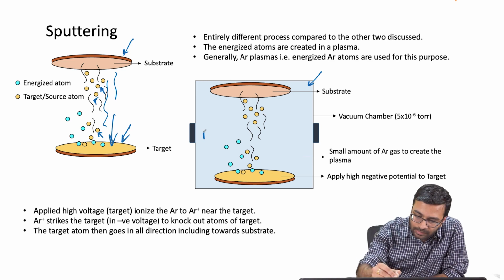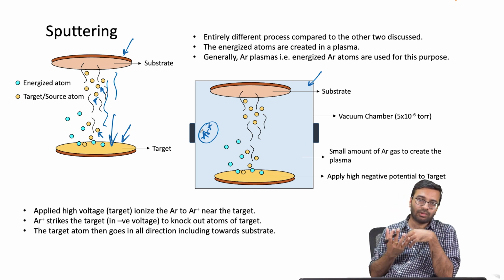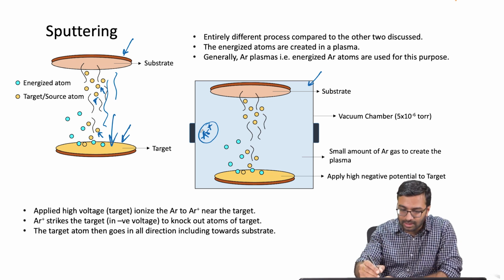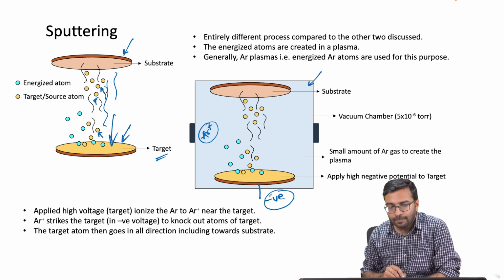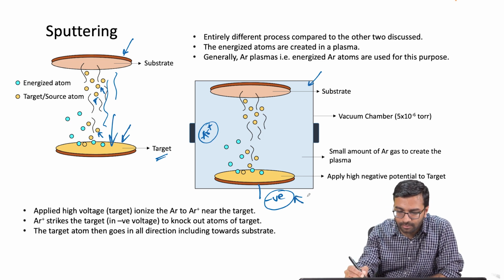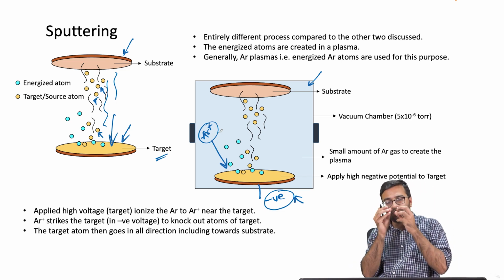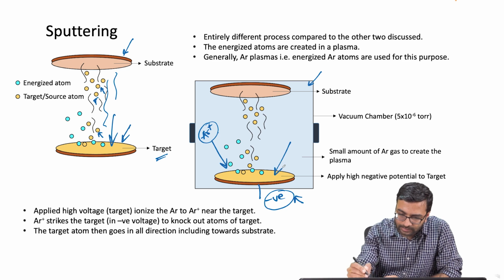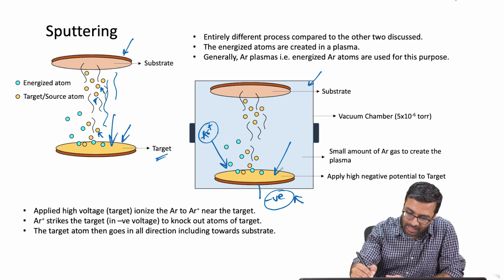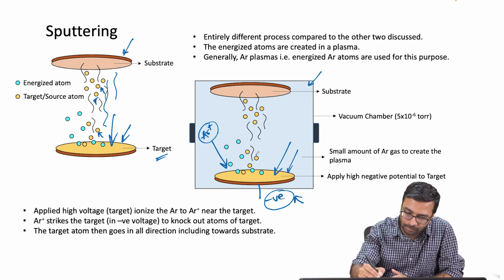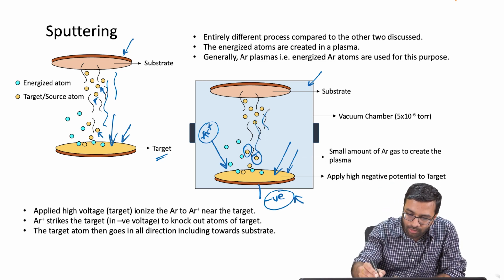So what they do is, once argon is there, they'll create argon plus, they'll take out one electron. Because of that high energy, one electron will come out of argon, and it will create an argon plus ion. Then they put the target material at a negative potential. Because it is negative in nature, the argon plus atoms will hit the target. Because argon plus is energized, if it has enough energy while hitting, it will knock out some of the target material atoms or molecules, and these atoms or molecules will then go and get deposited